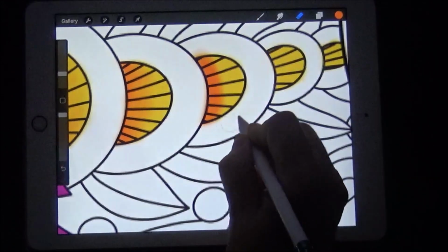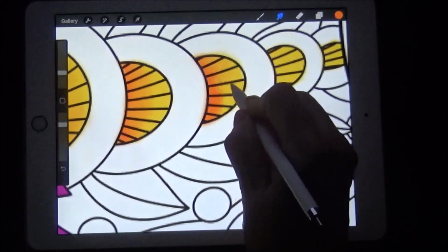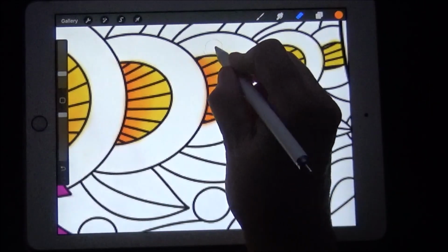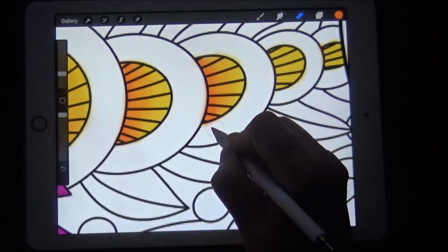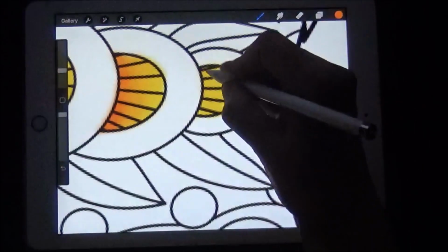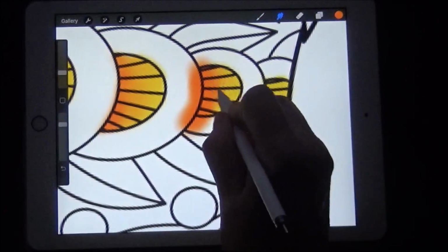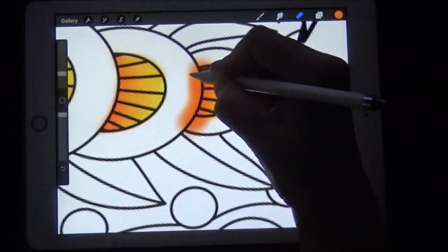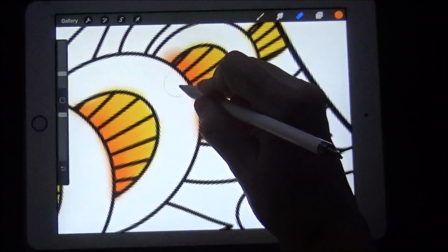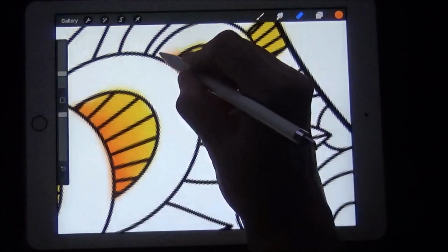I'm going to erase the side. And I'm going to grab my blender, blend that. Actually, I think when I do my erasing, I will do it after I blend it, this next one. So I'm going to put the color in, like so. Okay, then I'm going to blend it out, and then do the fun part. Woo! I made that brush a little bit big, but